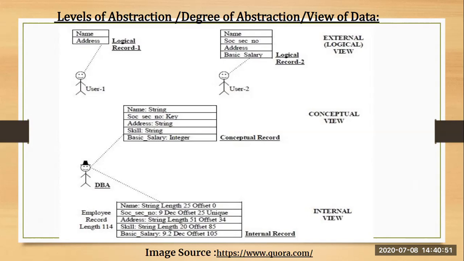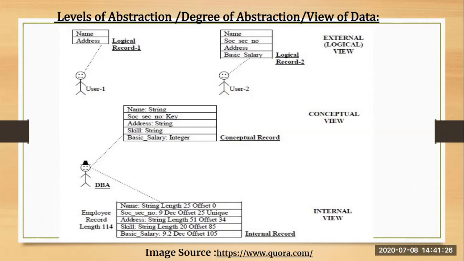Last is your external or view level. The external level is related to the data which is viewed by individual end users. This level includes a number of user views or external schemas, and this level is the closest to the user. When I talk about external view, it describes the segment of the database that is required for a particular user group and hides the rest of the database from that user group. So in short, view level is what view you want the user to see. According to that, you are going to create the views.